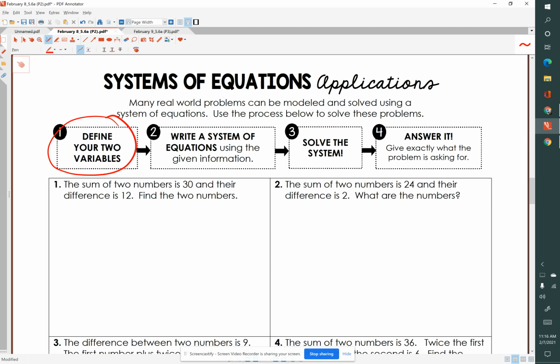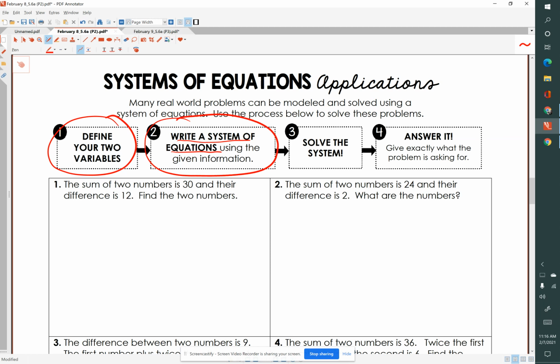We're going to make use of the X box again. Once you define your 2 variables and you've created your X box, we want you to write the system of equations using the information given in the problem. So these first 2 steps, I think, are probably the most